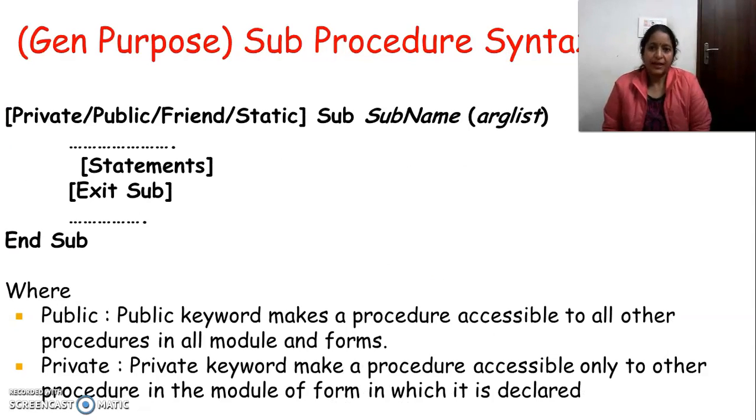Private, public, friend, static, sub, subname, argument list, statements, exit sub, and end sub. Now we will discuss all these terms in detail. First of all, you see on the screen private, public, friend, static. These are the visibility modes, or we can say access specifiers, of a procedure. It is optional, meaning if we don't specify private, public, friend or static, then by default Visual Basic takes